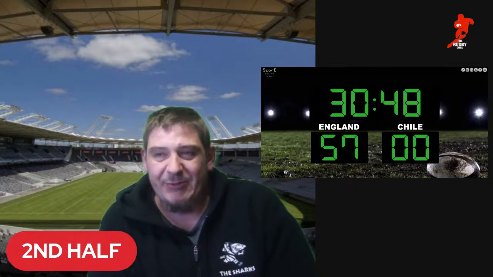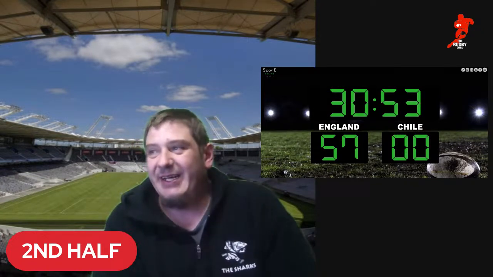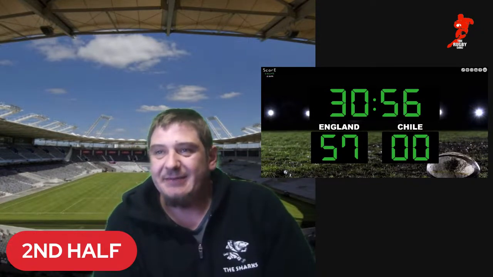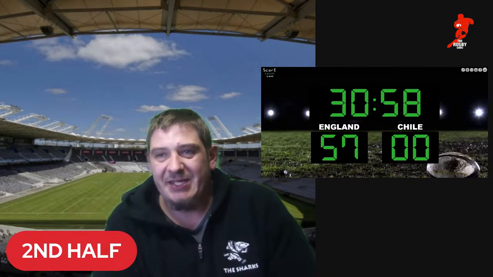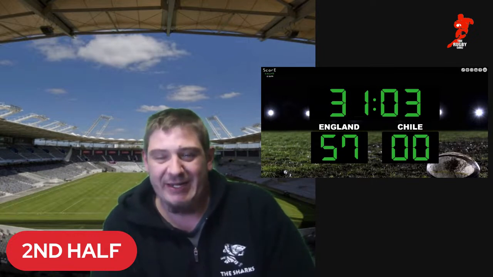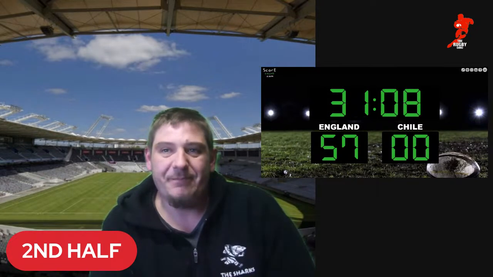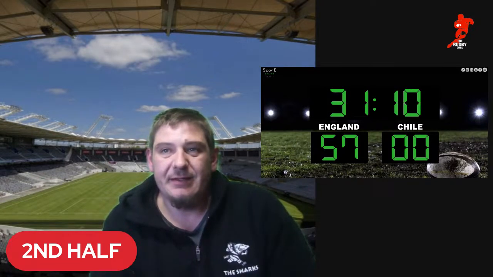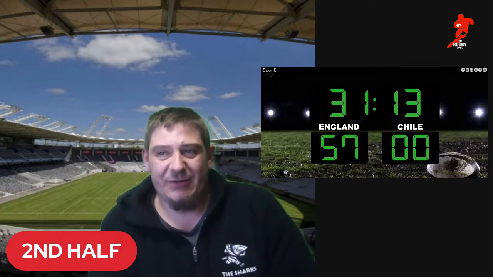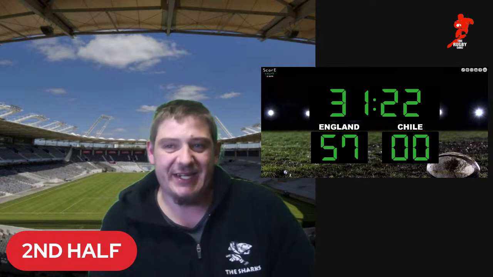Right, could we see a couple more tries in this last 9 minutes of the game? 57 points to 0. It is to England. 20 minutes wasted basically by England in that first 20 minutes of the game where they didn't score any points. But they've racked it up since then. The restart from Chile and waiting. Oh, they let it bounce and nobody wanted it. It's Arundel who takes it. Arundel still going. Now pops that ball back, but into touch he goes.